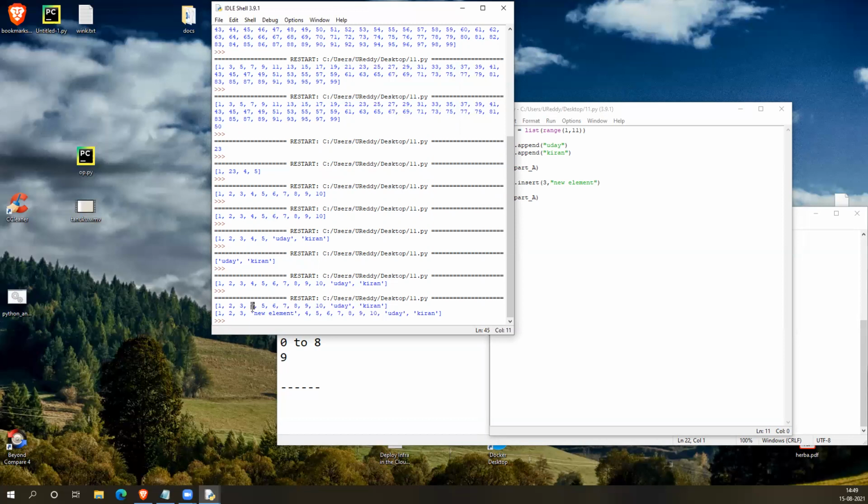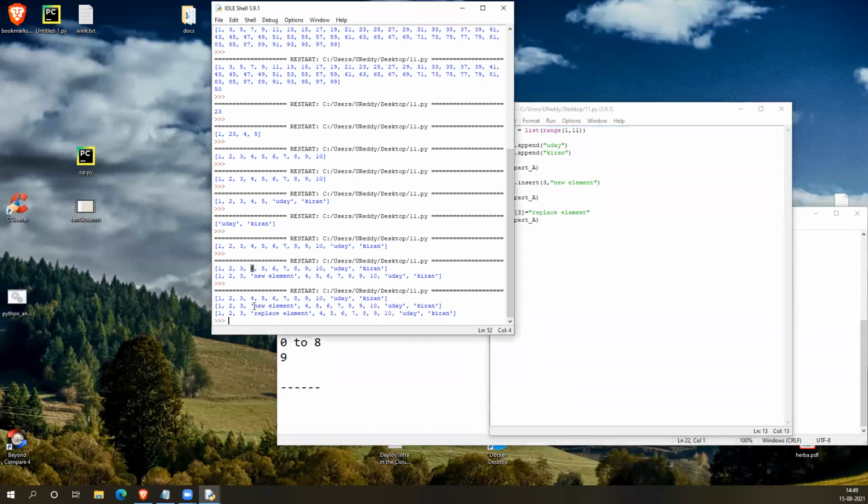Instead, I want to replace the element. See, at index 3 is the new element now, so I can directly access it with that particular index and replace it with some other value. Directly I can replace like this. I don't need any function. So I can simply copy here and print it. You can see here, in place of the new element, this replacement is there. If I use insert, the new element will be printed here and the replacement will be added here. So that's the difference.